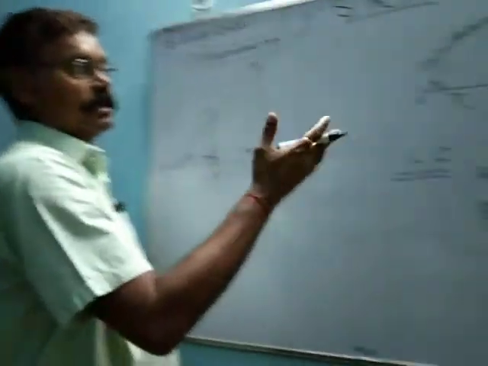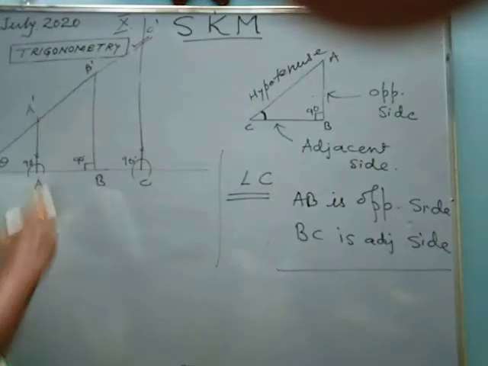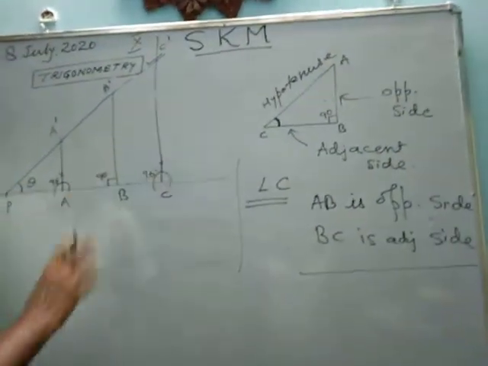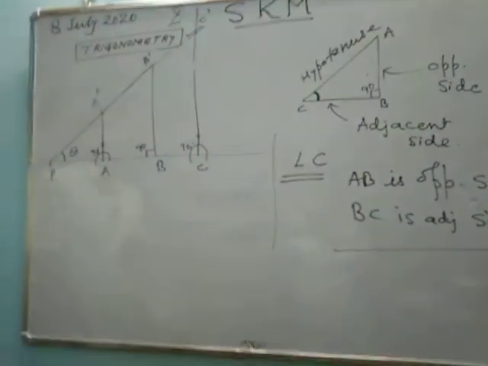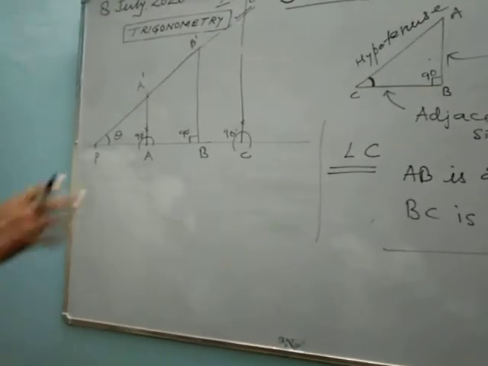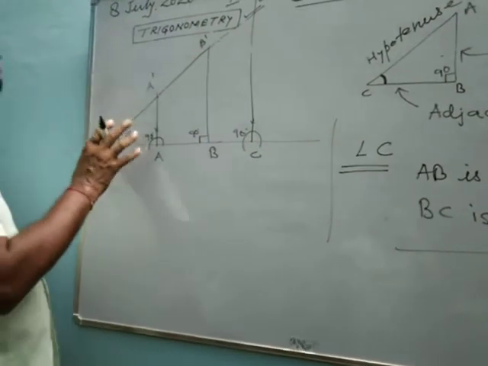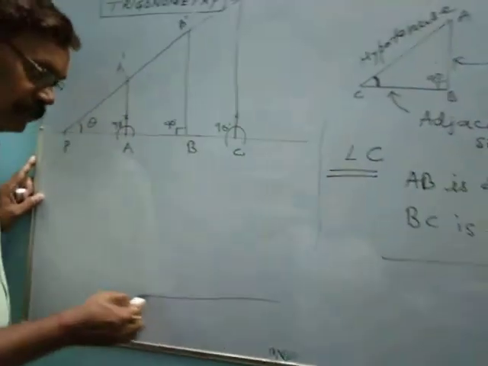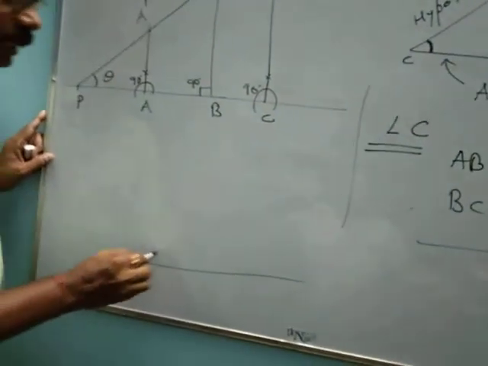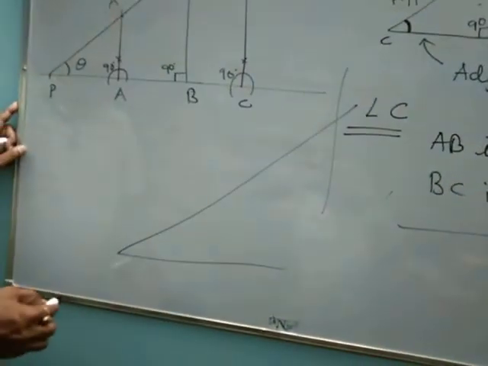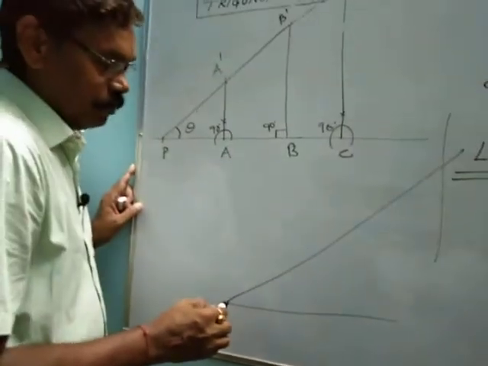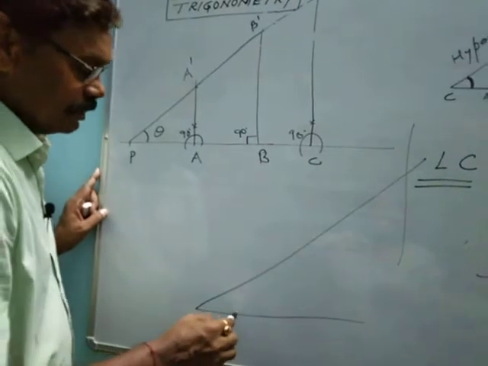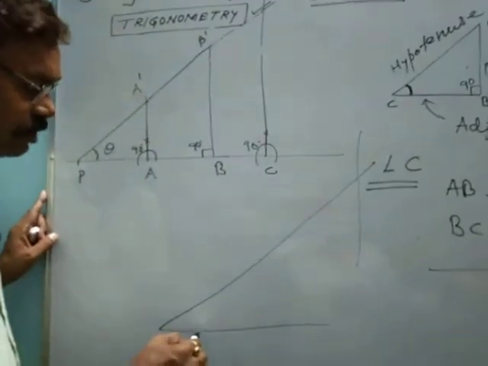And hypotenuse, there is no doubt, opposite to 90 it is hypotenuse. So this is the basic thing. We are preparing this topic. Now what you have to do, you draw an acute angle. First you draw a straight line. Take any angle like this. And if you want a little bit easy calculation, you can take maybe a distance of 2 centimeter.